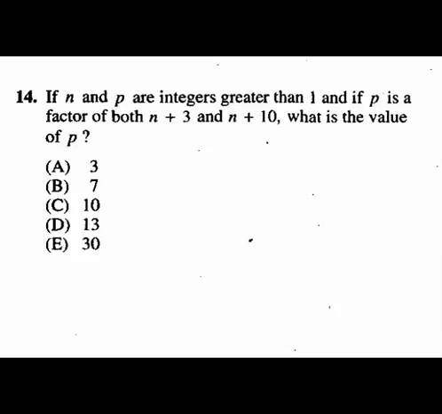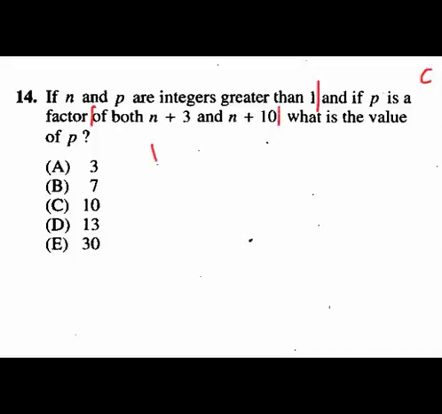14. Looking at the answers, could it be starting with C? First phrase: if n and p are integers greater than 1, okay, so n and p have to be integers and they are greater than 1. And if p is a factor of both n plus 3 and n plus